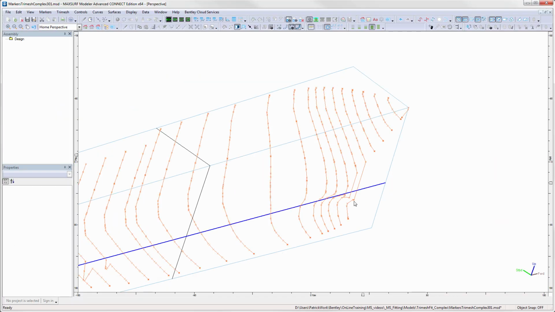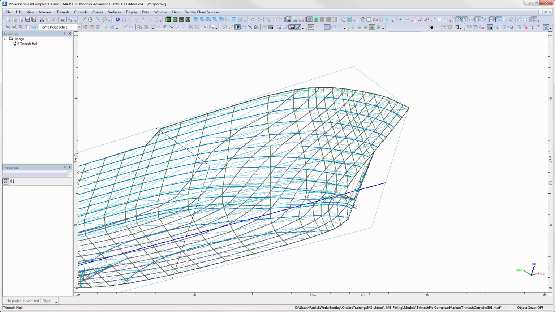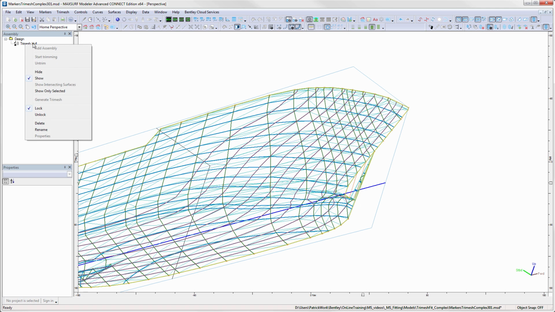So this is my original model, and notice there's no closure to the bulbous bow in the front. So if I generate a tri-mesh there, it's going to try and close these two points with the nearest one on the next section, which is this point up here, but really we want it to close along here. So if I delete that tri-mesh,